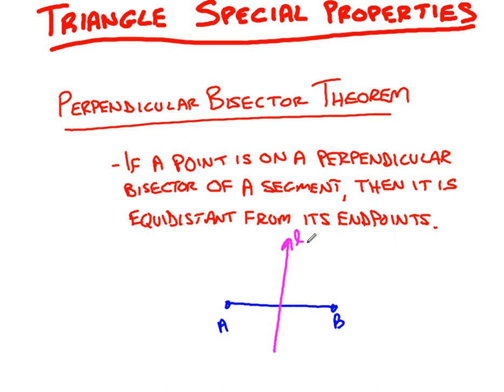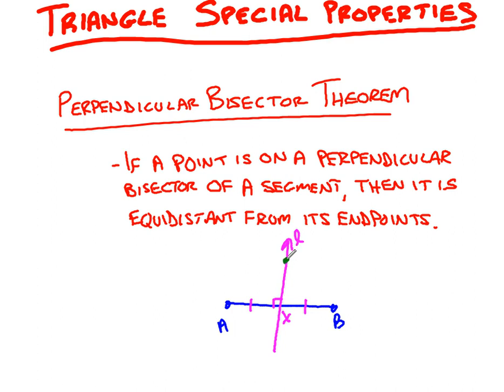It's a perpendicular bisector. That means it intersects here at a right angle, and that means that it bisects it. It means that it cuts it in half. So I'll call that point right there X. All right? Now, what this theorem, the perpendicular bisector theorem, tells us is if I pick any point on this